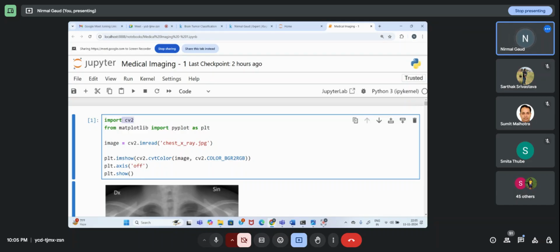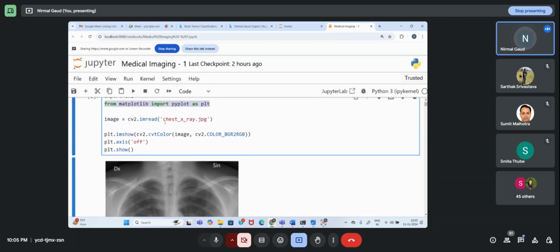And this is for visualization. I have an X-ray image, a JPG image.